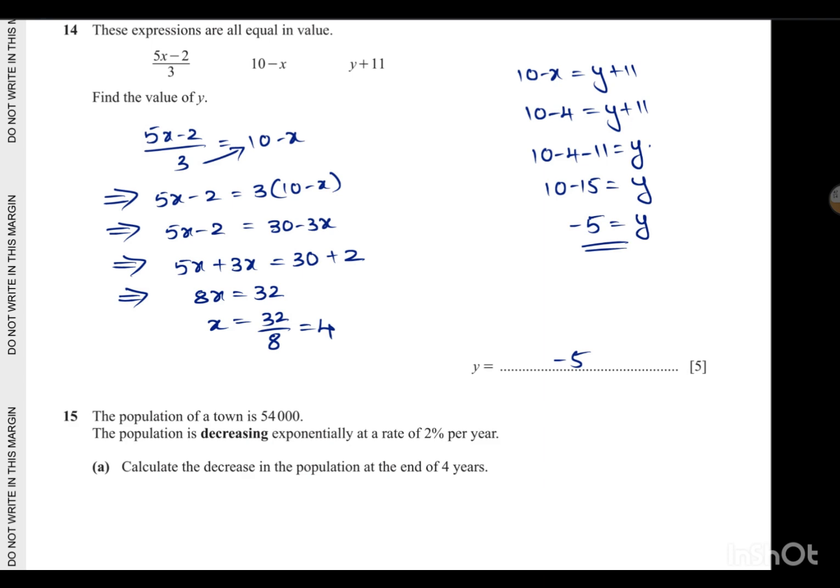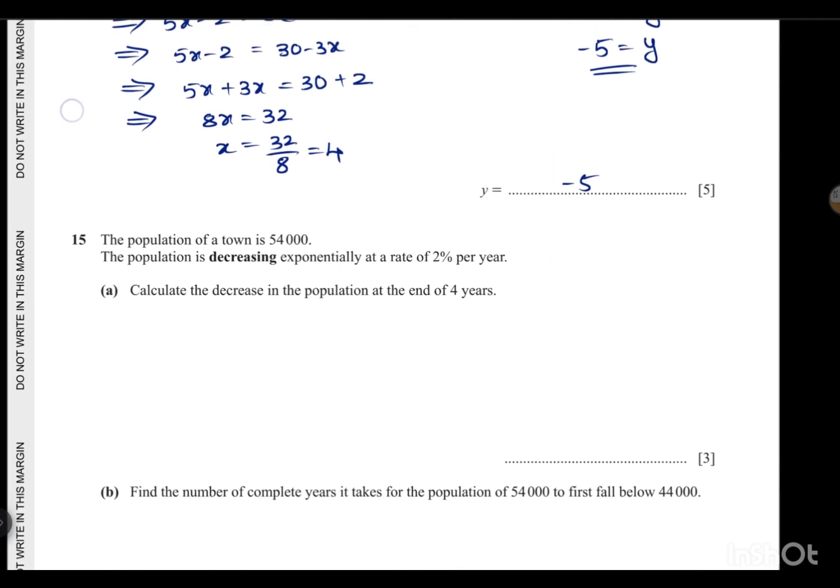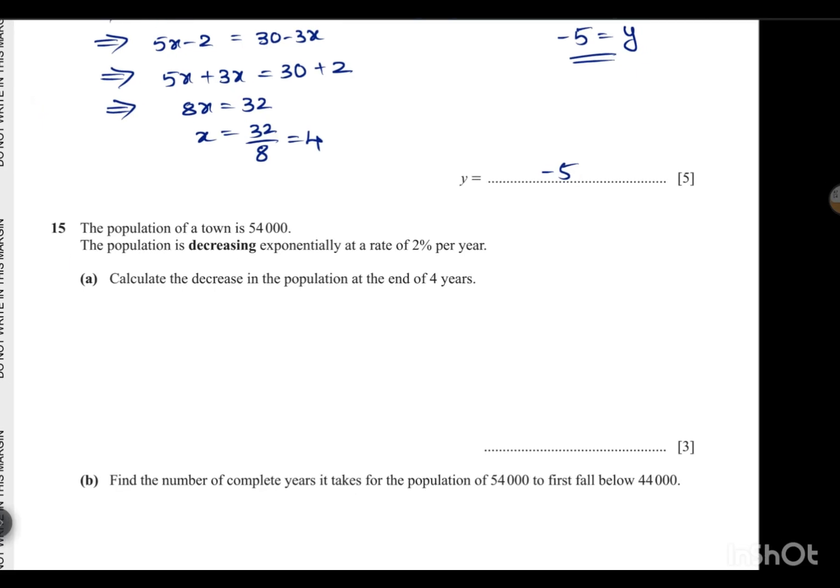Question number 15. The population of a town is 54,000. The population is decreasing exponentially at a rate of 2% per year. Calculate the decrease in the population at the end of 4 years. So at the end of 4 years, what is the population decrease? So decrease in population is equal to